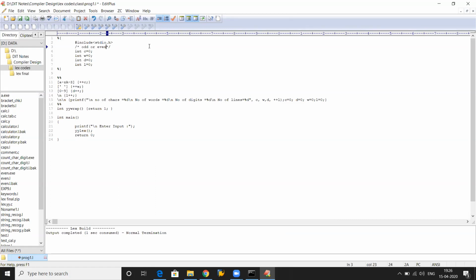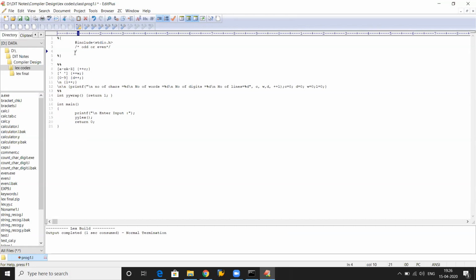Fine. So how to check whether a number is odd or even using a Lex program? For that you require the if, and you also require a function. You also require a special inbuilt variable that is called yytext. So first I am writing the definition of yytext here. It is a string, or you can call it a pointer to the input string.